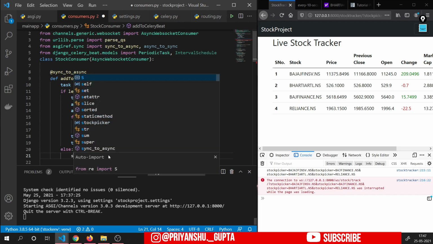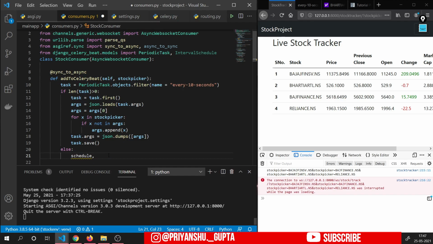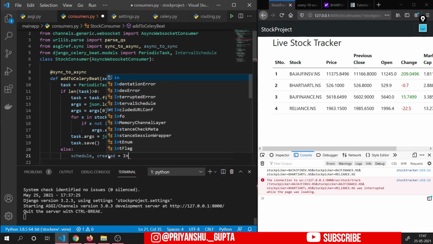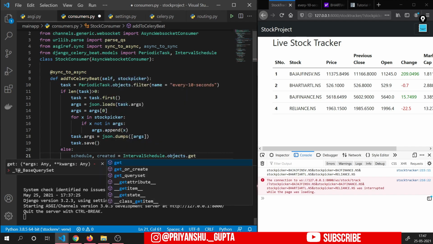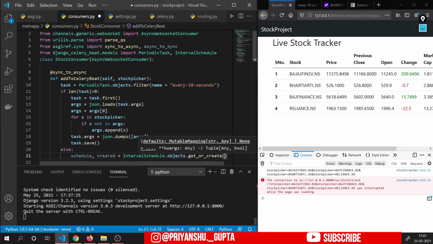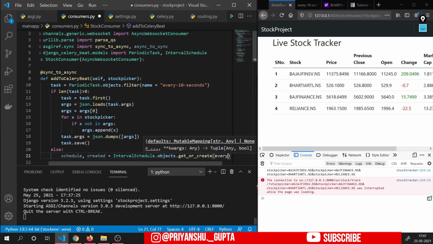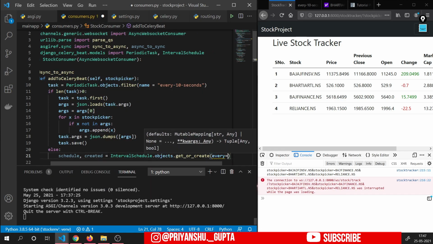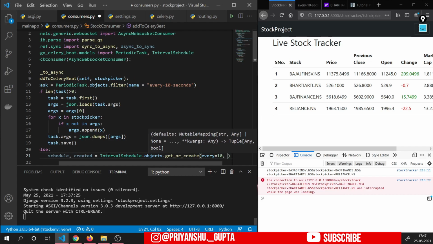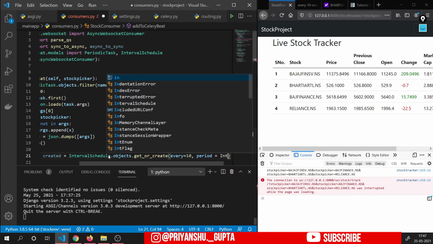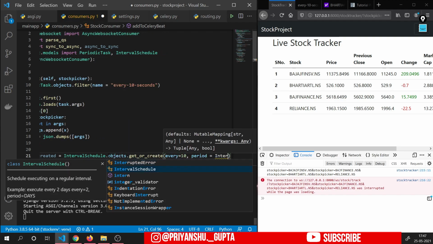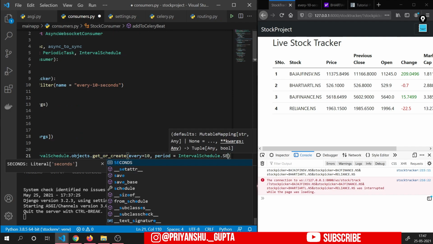Then schedule comma created equals interval schedule dot objects dot get or create, every 10, period interval schedule dot seconds.